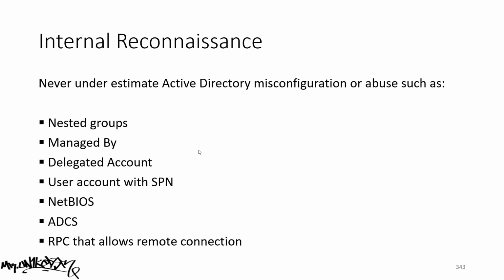User account with SPN. Usually SPN should not be used for privileged accounts, but for some reason there are still companies that have a domain admin account with SPN. SPN, for those of you that are not familiar, are also tied to Kerberos attack, where you can actually request a ticket for a specific user. The ticket is encrypted depending on the algorithm, either RC4 or AES, and the thing is the key is actually calculated based on the password,